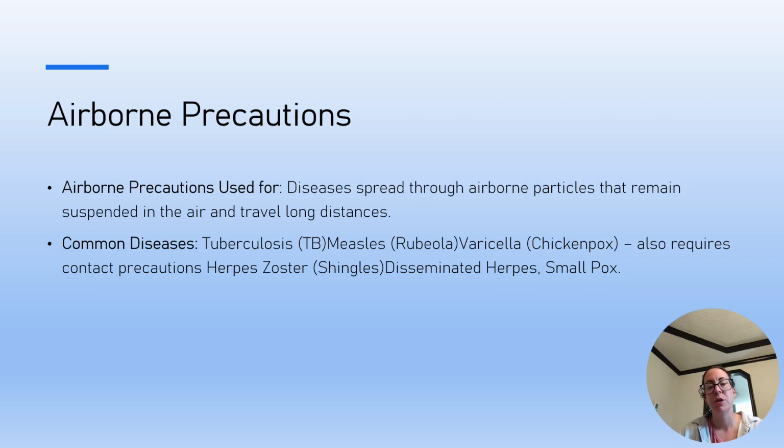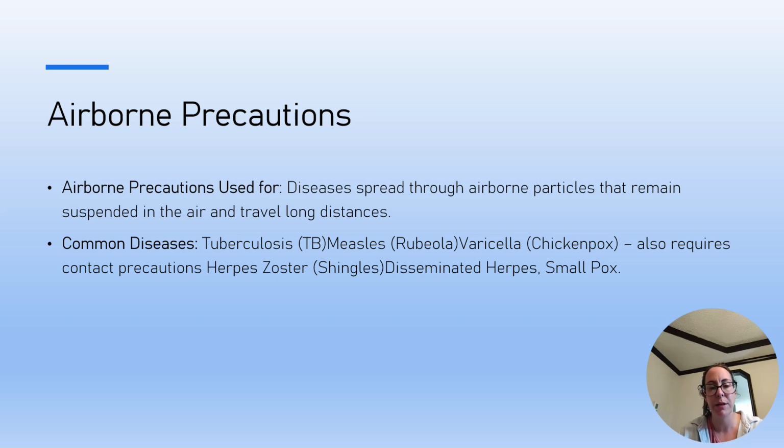Airborne precautions. Diseases spread through airborne particles that remain suspended in the air and travel long distances. These patients need their room to be closed. These patients need what's called a negative pressure room. This room has ventilation that flows outside of the facility, and the air is not recirculated to